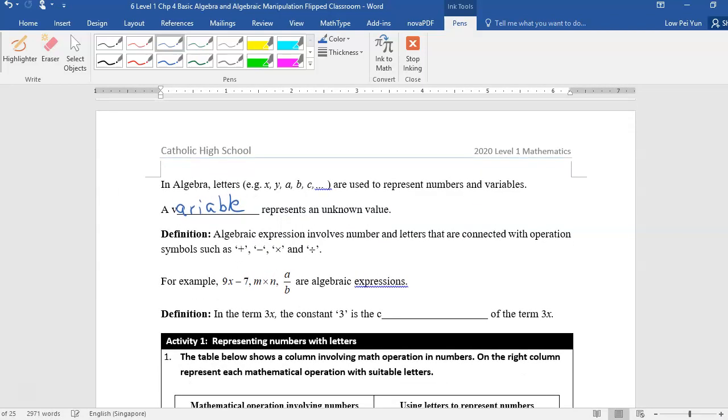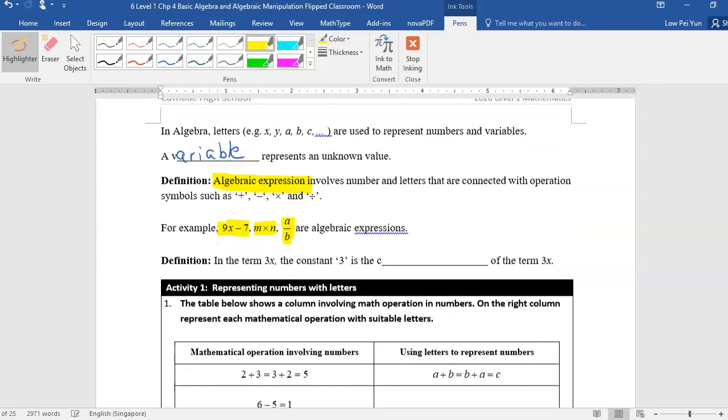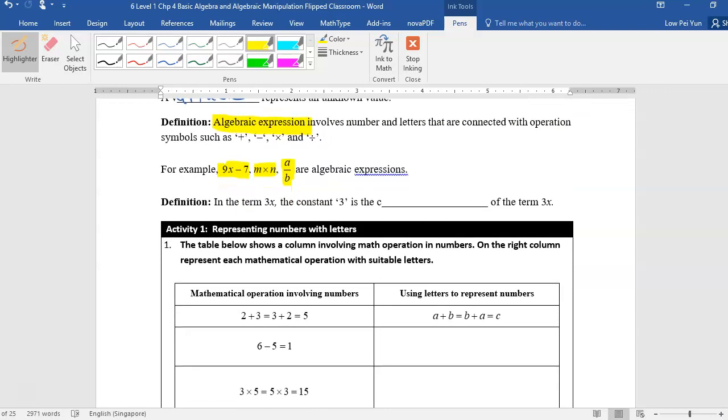An algebraic expression involves numbers and letters that are connected with operation symbols. We are now looking at an algebraic expression. These are examples like 9x minus 7, m times n, a divided by b. In the term 3x, the constant 3 is the number before x. It is 3 times x, 3x. This 3 is known as the